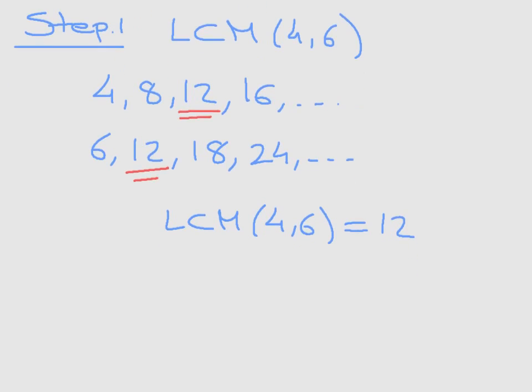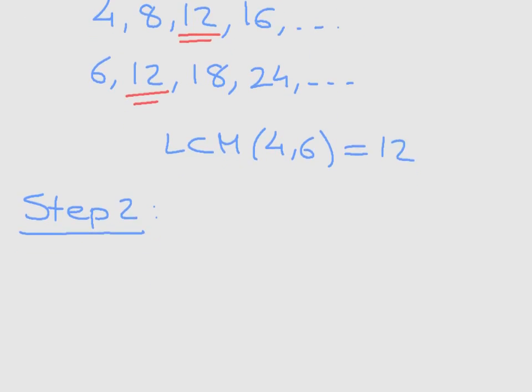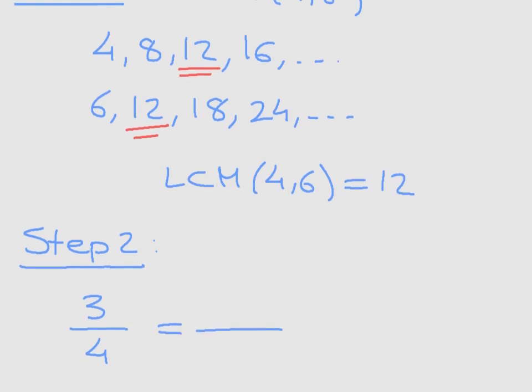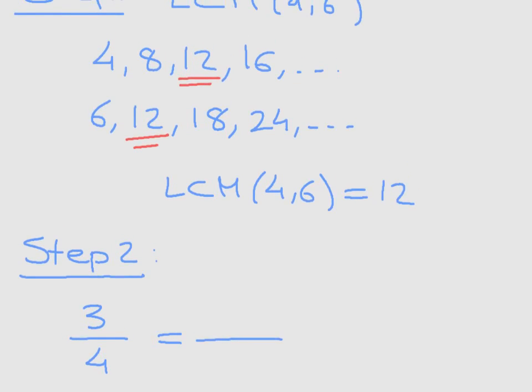The second step of this method is to express both fractions as fractions over 12. In other words, we have to express both fractions over the least common multiple that we found in step 1. Now, to do this, remember, our first fraction was 3/4. To do this, we can see that to get from 4 to 12,